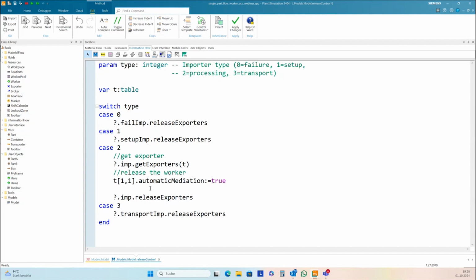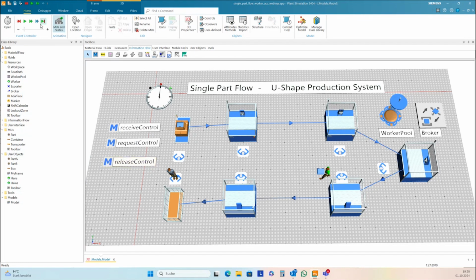So I need to switch on the automatic mediation again. Then I will release my worker, and then he is available again for the broker, and the broker can assign a new job to my worker. Let's start again.